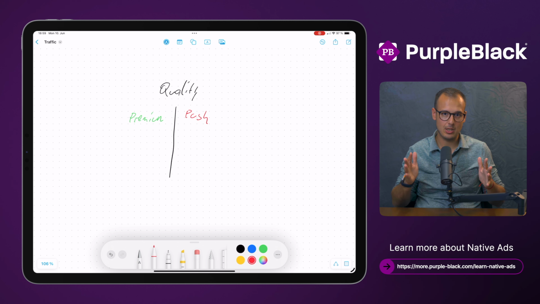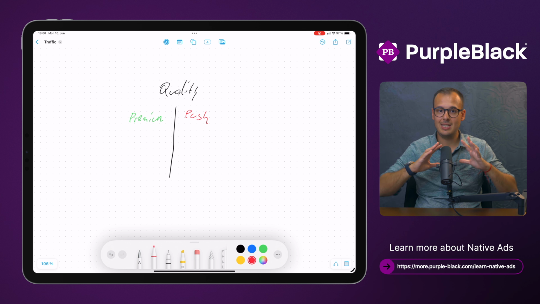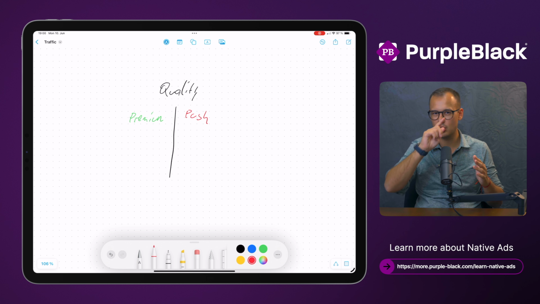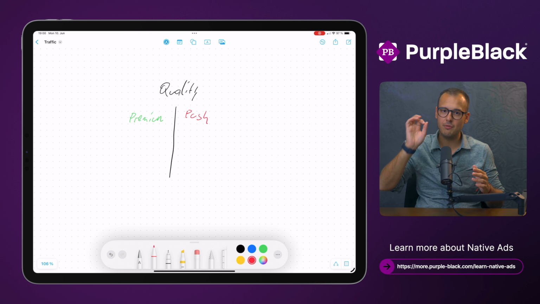So this is what you get with premium traffic. On the other hand, you have push traffic. Let's say you're downloading a free game from the App Store or the Play Store, and you play around a bit. After you've played for 3-4 minutes, or after you finish a level, you see an advertisement, and maybe you cannot close it because there's an overlay on the close button, and then you click on it,